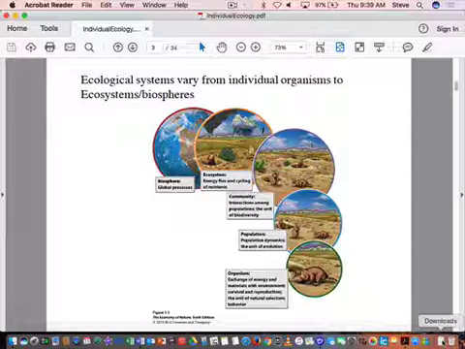We can then move up to the next higher level, which is a population, which is an aggregate of these individuals that live together. And I'm not sure exactly what that organism is. I think it's supposed to be a prairie dog, but it doesn't look like a prairie dog to me. But anyway, you can see here there's an individual, and a group of individuals living in this sort of arid ecosystem, probably out in the plains of North America. And we're looking at the population dynamics. So one of the things we can do, and we'll be doing, is characterizing how populations grow, shrink, remain stable, and what the influences on that are.